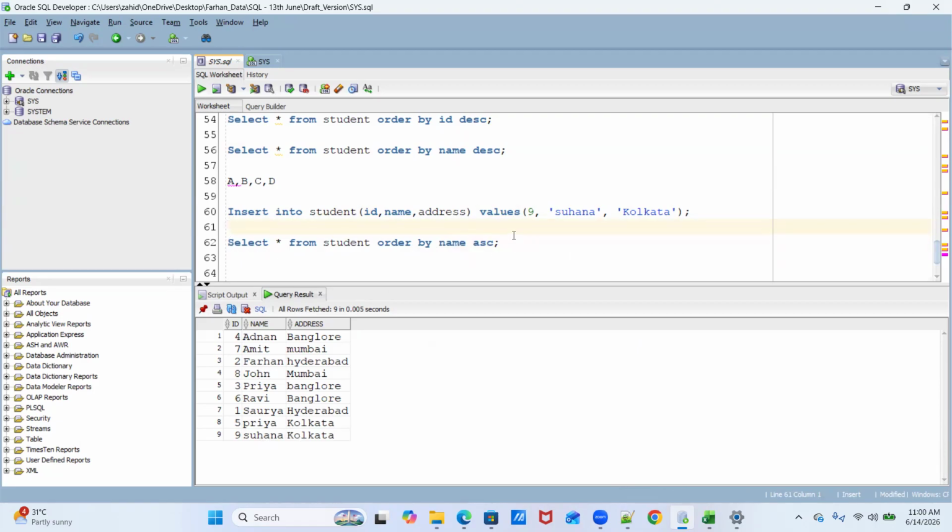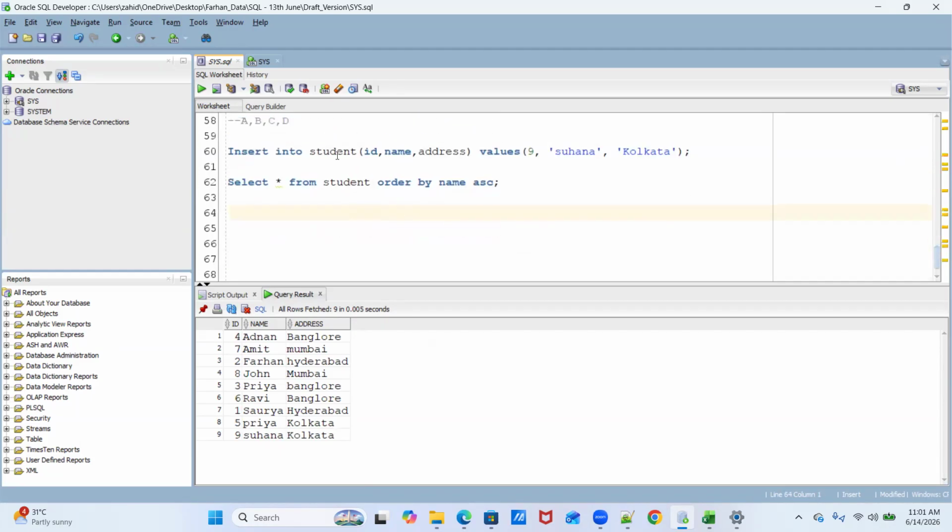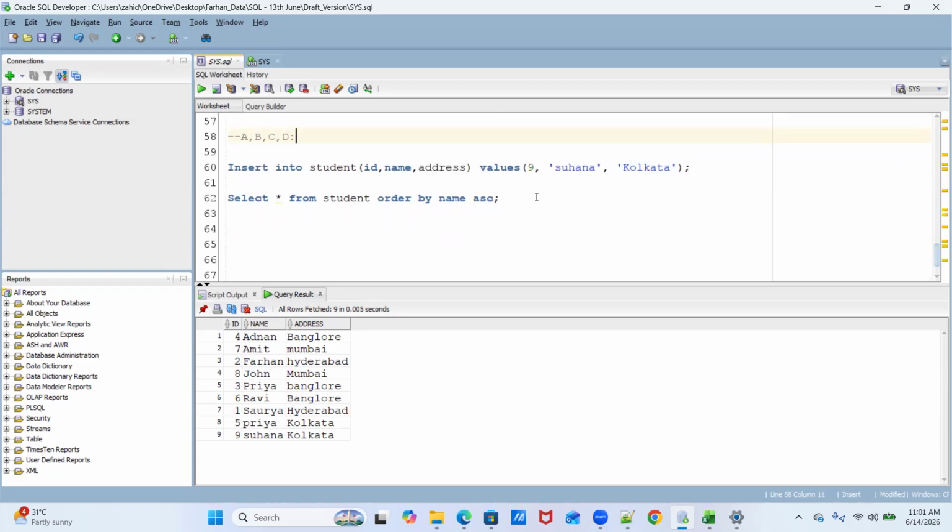Yes, Farhan, one question. See, the keyword DESC is used in two different ways, right? One is describe student, which gives the description of the table. You got it right. I had that in my mind and was in the mood to discuss that. Sometimes this is asked in an interview as well: tell me a keyword which has two meanings in SQL. That is DESC. So it has both describe and descending meanings.